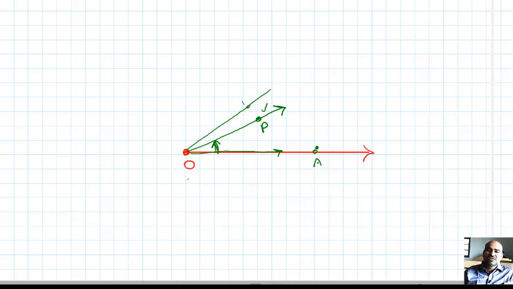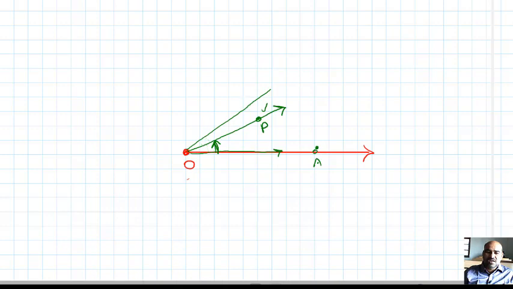Still I am rotating. What is the meaning of that? Angle is increasing. This is one of the ways to rotate, a positive rotation. You can say positive angle, or in other words anti-clockwise rotation, counter-clockwise rotation. So the angle is treated as positive.